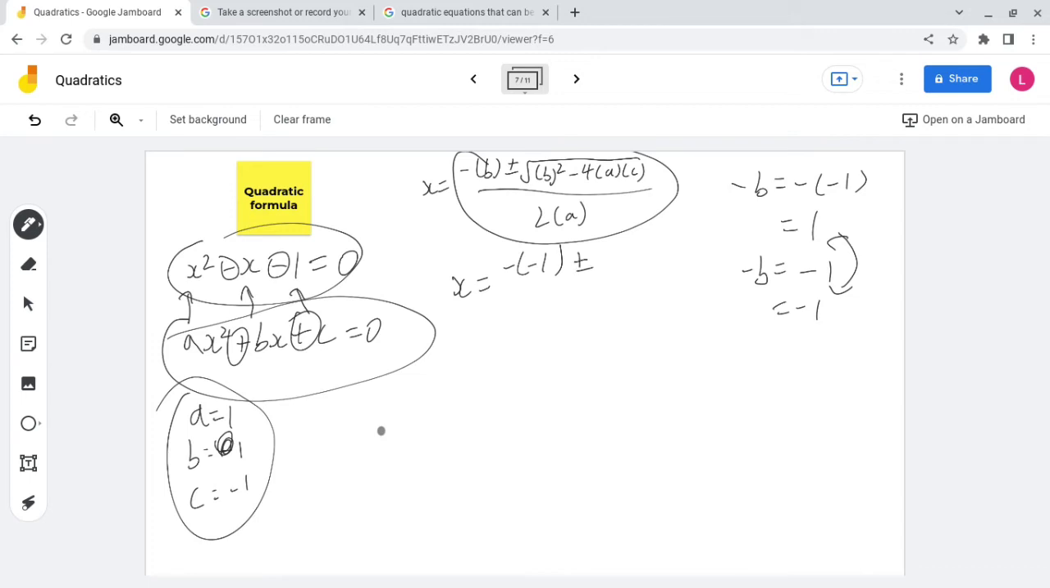So -b plus minus square root of (-1) squared minus 4 times 1 times -1, right? And we divide by 2 times -1. Oh, sorry, 2 times 1. Yep. 2 times 1. So x equals 1 plus minus